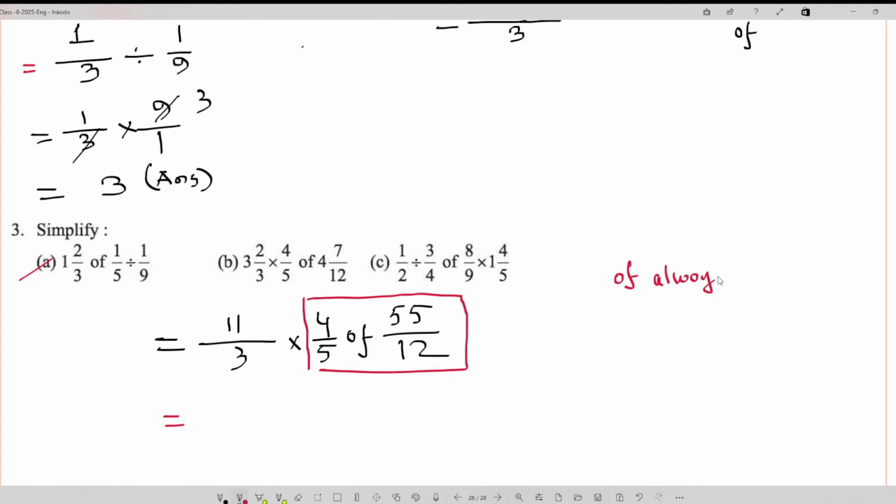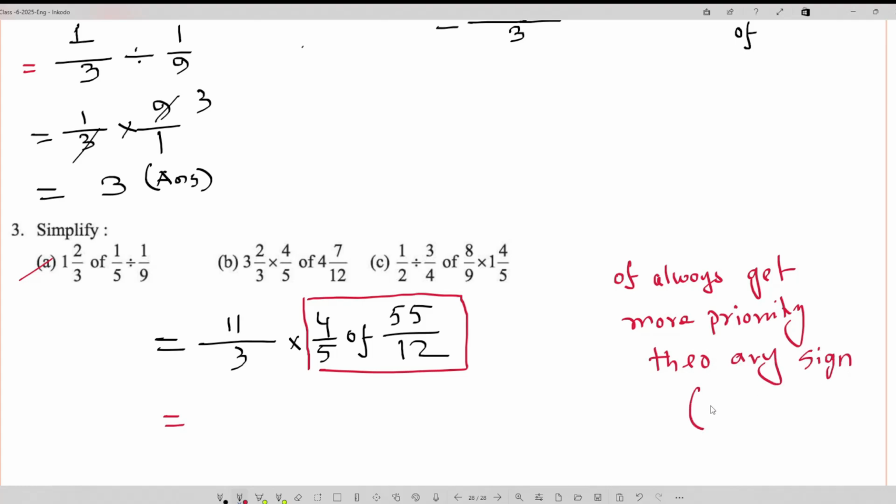always get more priority than any sign like division, multiplication, plus or minus. So 12 you can divide by 4, so here is 3, and this 55 you can divide by 5, so here is 11. So here is 11 by 3 times 11 times 1 is 11, and 3 times 1